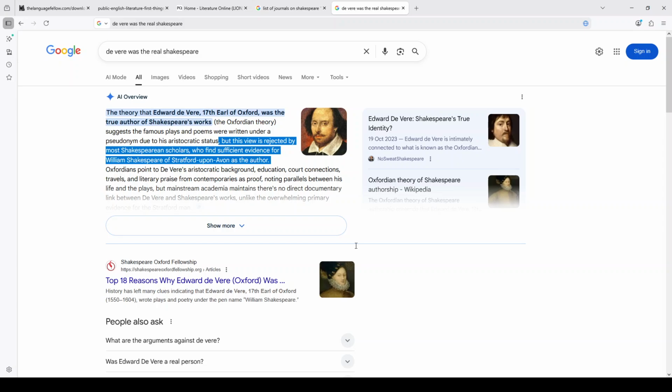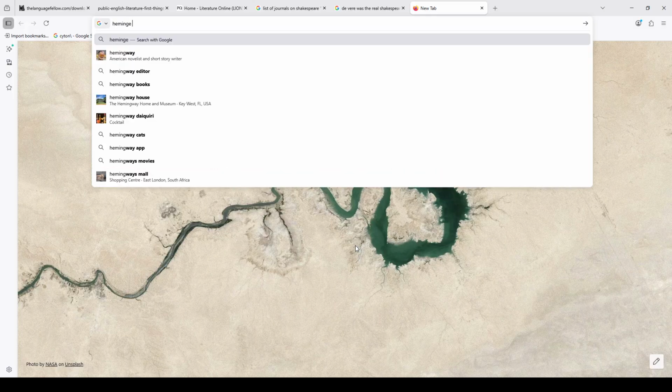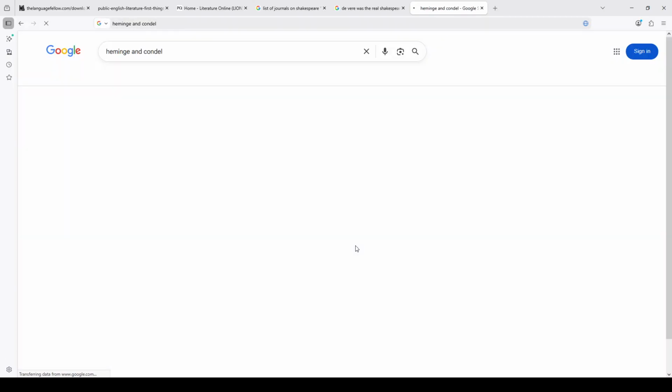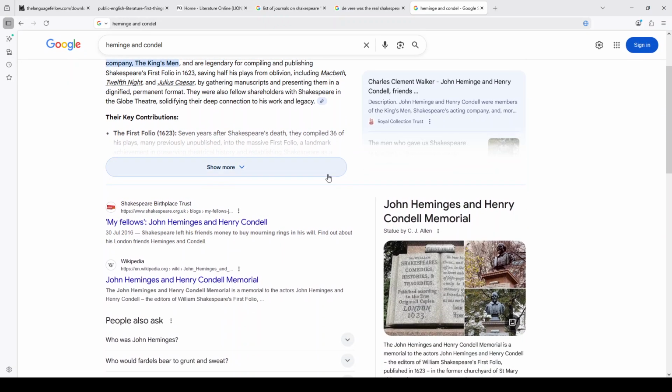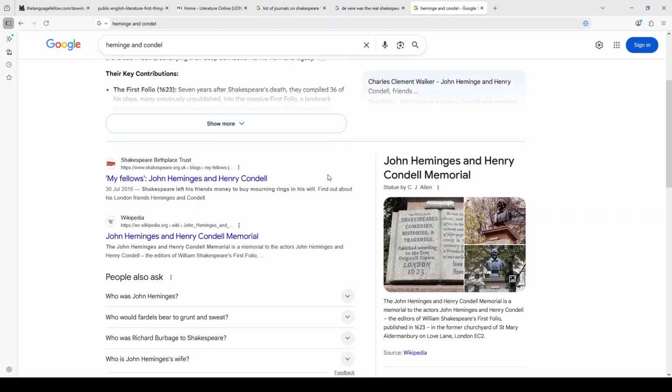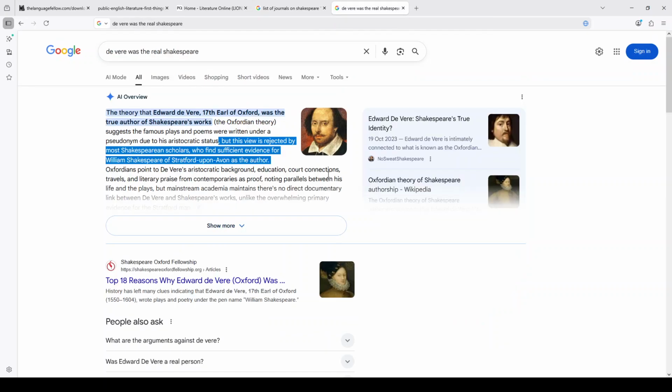Who knows? I mean, if it were not for Heminges and Condell, who got the works collected and everything, we would not have Shakespeare as we have it today. So that's another example of metaphor, by the way. Shakespeare referring to the works, not the author himself. So metaphor is